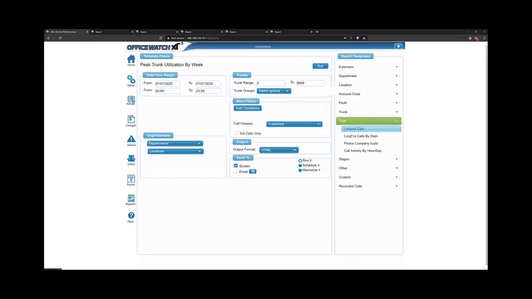Right, so again, that was a trunk report. We also have, related to call volume, your call activity by hour day, your phone company audit report, and so on. Something that's helpful now about XT2 is you do have the ability to use rates that are in